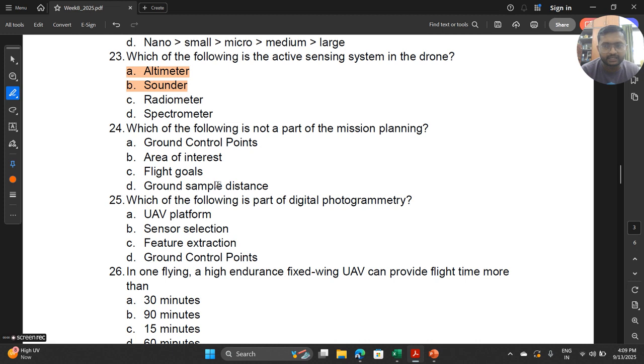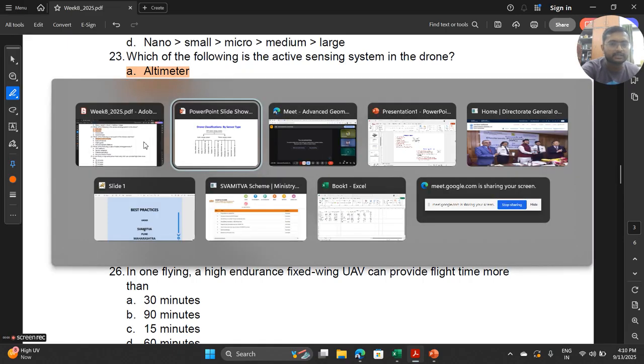Compared to all the four options, the least important thing which we do not have to worry about in the mission planning stage will be the ground control point. Specifically, if we are using GPS, then there is no need of using GCPs. So compared to all the four options, GCP is not part of mission planning. And if you see